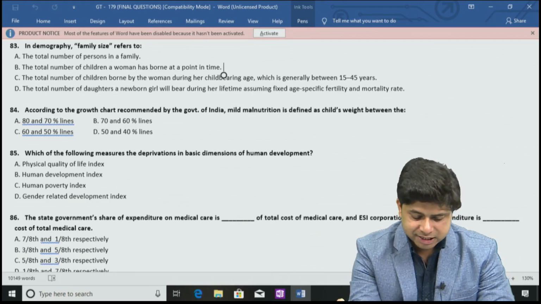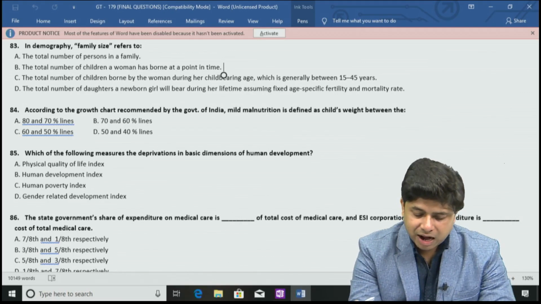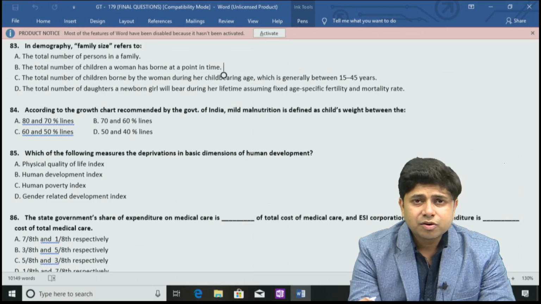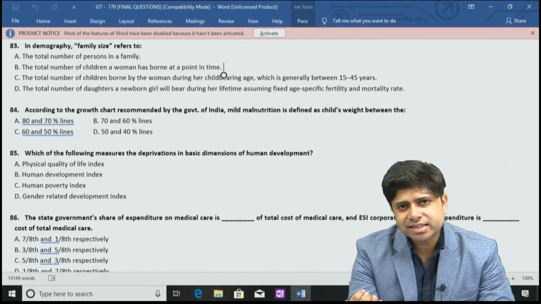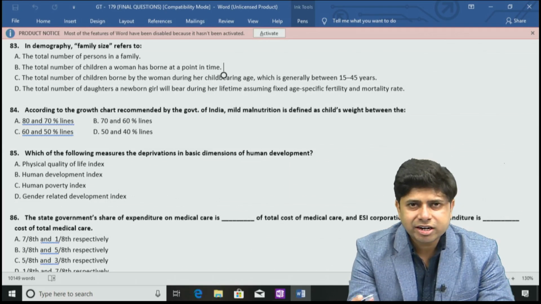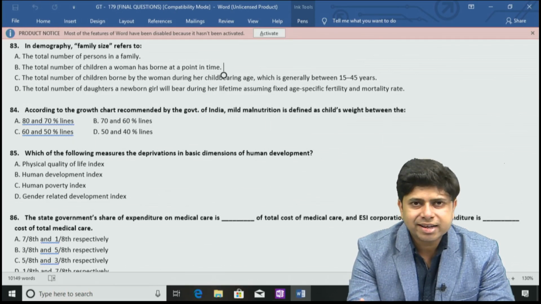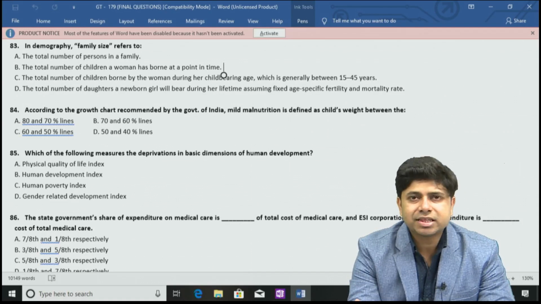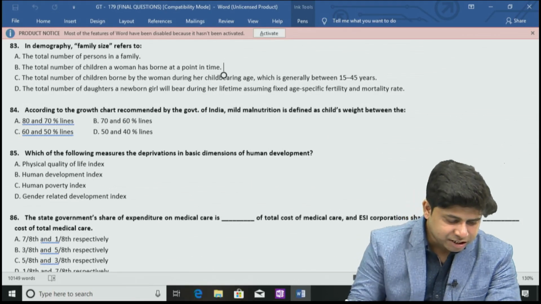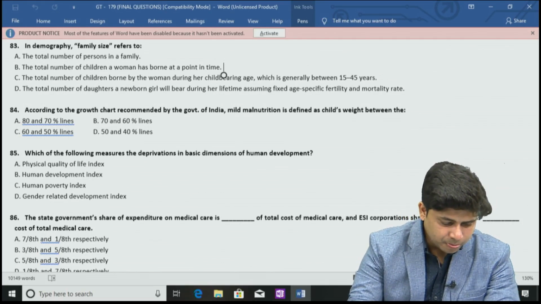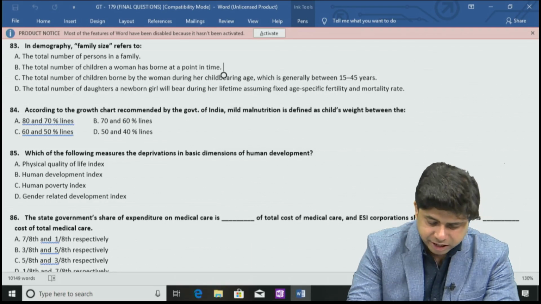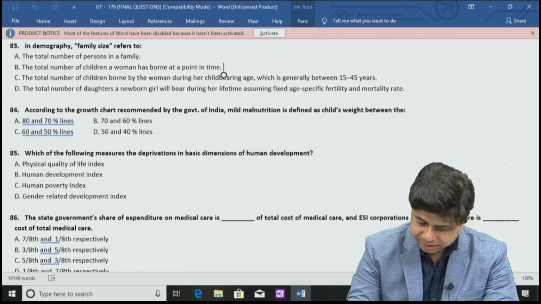All others except human poverty index reflect something good in the life of the people, like the physical quality of life index, the human development index, and the gender related development index. But the human poverty index reflects the deprivation in the basic dimensions of life. So HPI, the human poverty index, is